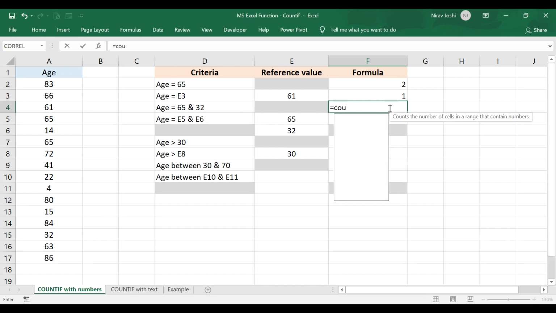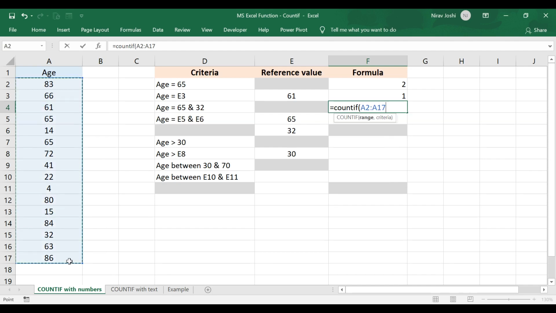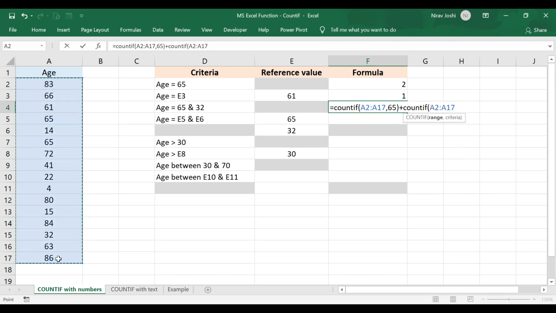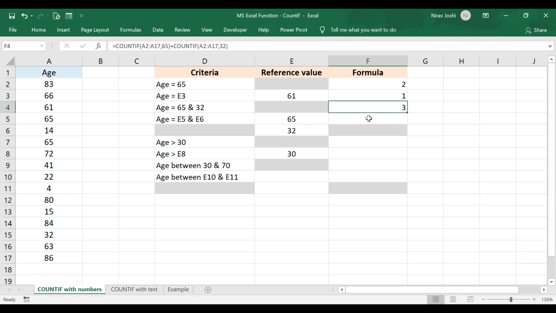We will use COUNTIF, range, and 65 as a criteria, plus we will again use the same formula, COUNTIF, range, and 32 as a criteria. Close the parenthesis, and it will total the number of cells which have both these numbers. So a total of 3 cells are there cumulatively which have 65 and 32 in them.